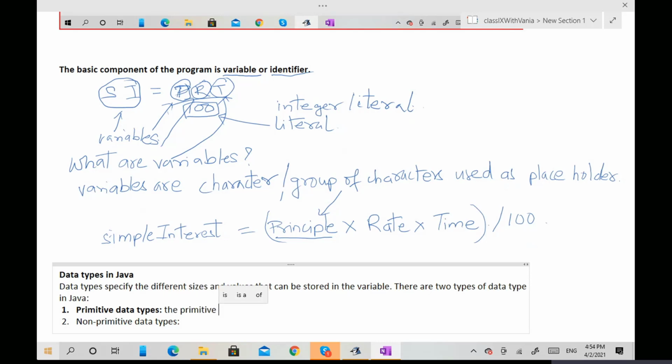Primitive data types include the types already defined in Java.